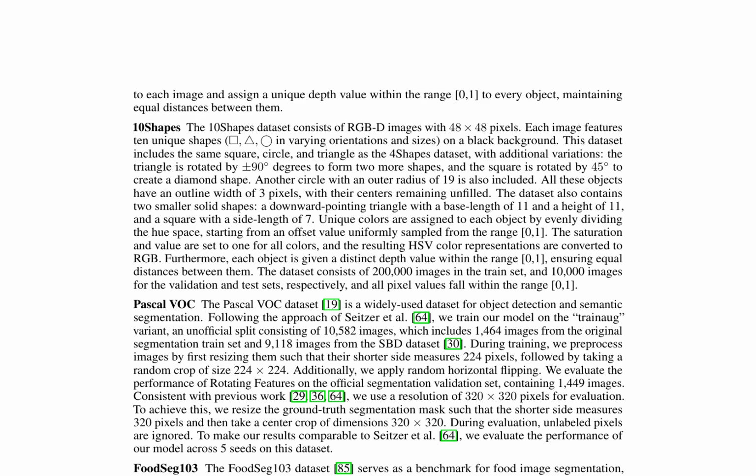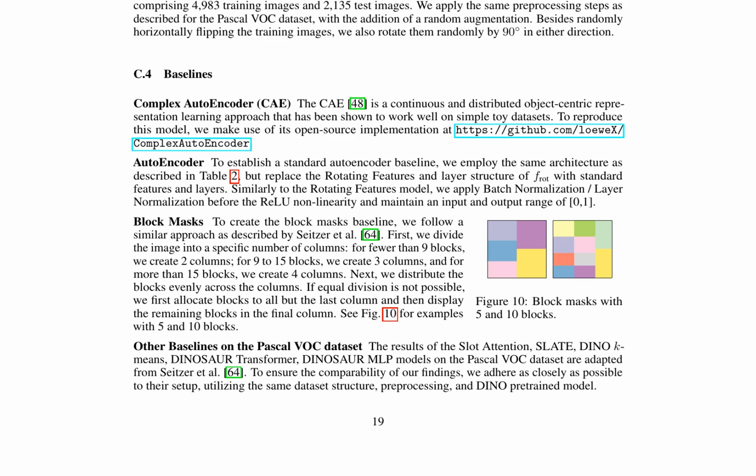The FoodSeg 103 dataset, designed for food image segmentation, comprises 4,983 training images and 2,135 test images, with preprocessing steps including random augmentation and rotation by 90 degrees in either direction. The proposed model's performance is compared against several baselines, including the Complex AutoEncoder, CAE, and a standard autoencoder. Block masks, which involve dividing the image into columns and distributing blocks evenly across them, are also employed as a baseline. Furthermore, the performance of other baselines, such as slot attention, SLATE, DINO k-means, DINOSAUR transformer, and DINOSAUR MLP models